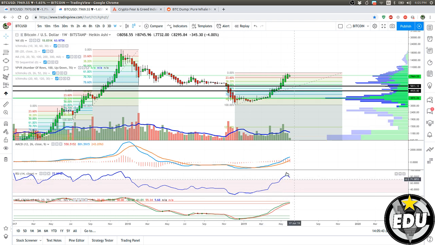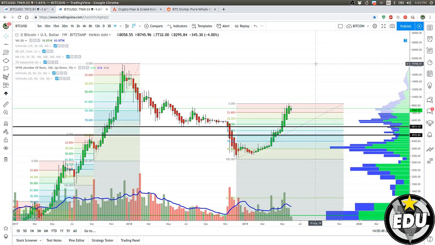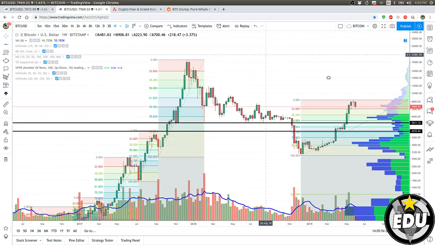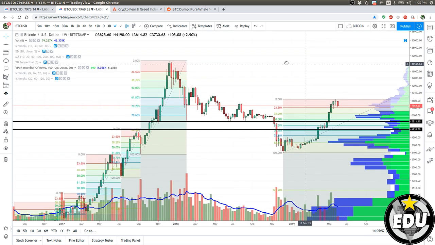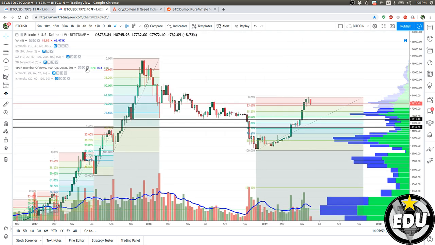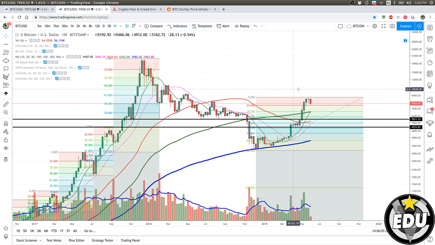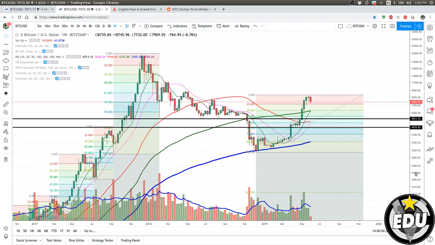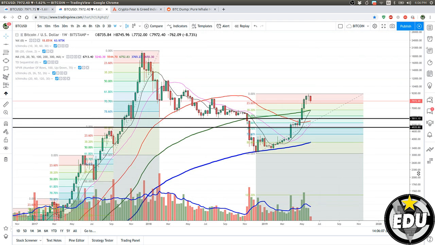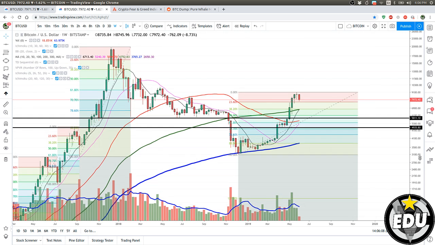Is the weekly starting to drop? MACD can still go, very lagging indicator. Let's check moving averages, because moving averages have been helping a lot, and they are very bullish. The moving averages look like they're showing some momentum. They're very bullish. There are many crosses about to happen on the weekly time frame.